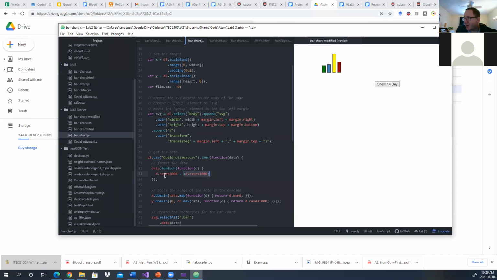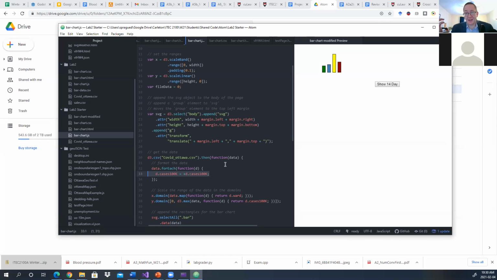So whatever, I guess this is going to be, I always forget what the heck this is. Will that actually double my data? It shouldn't. It's this data function D is there. For each item, maybe I might even need this. I can look into it if I wanted to. It is one of those things, I'm not sure if I made this one myself. But for each item, for every bit of data that I have, each data item from that table, I do this. I check to see the field called cases 100K,